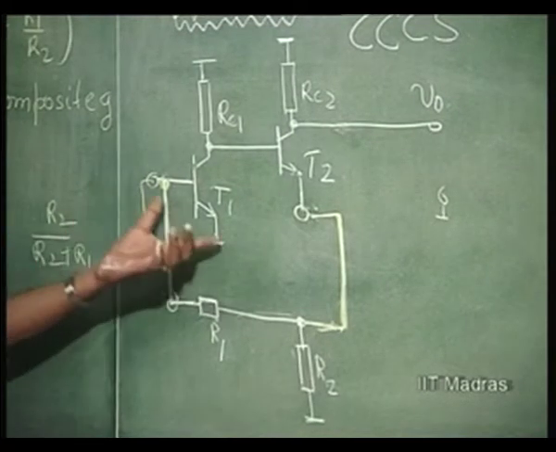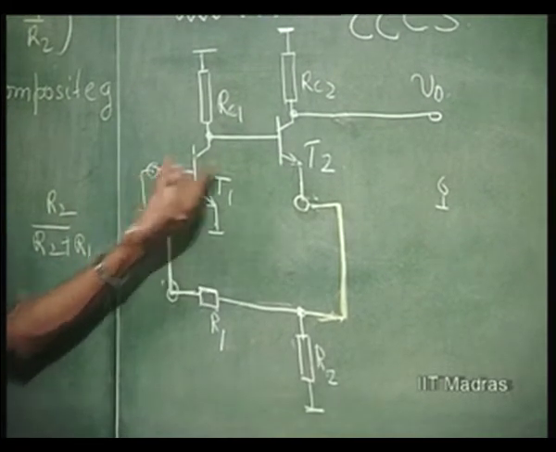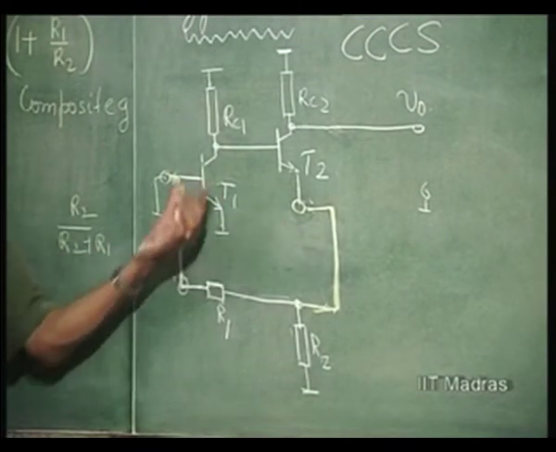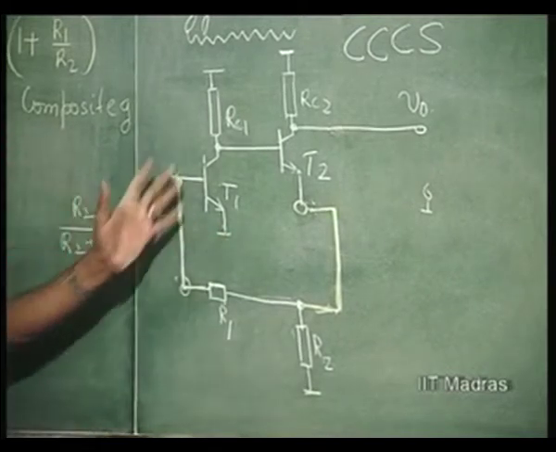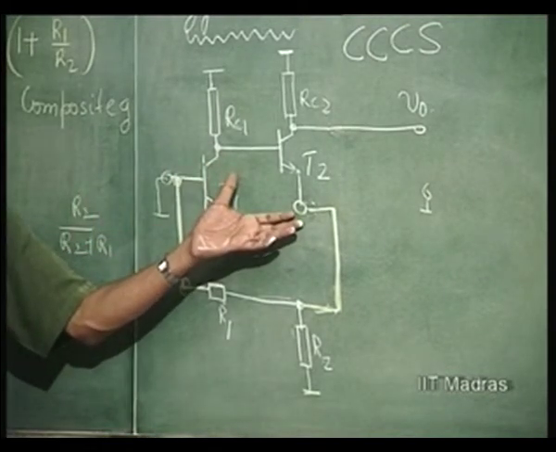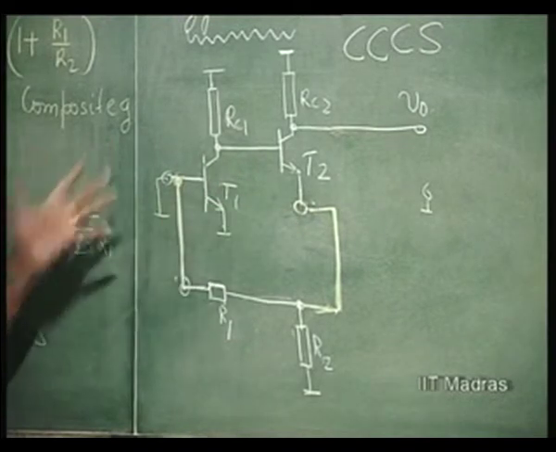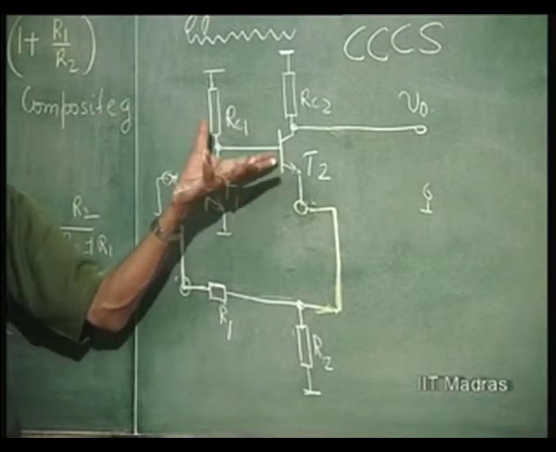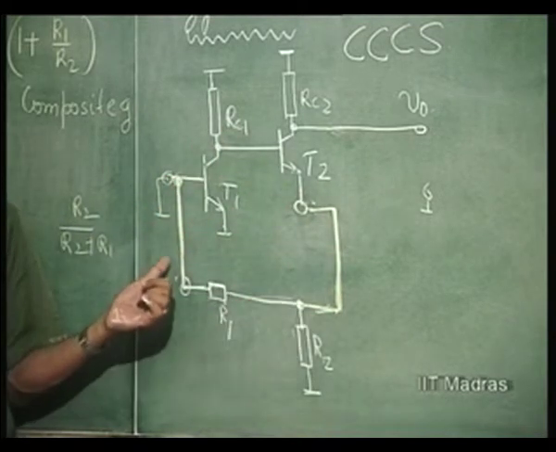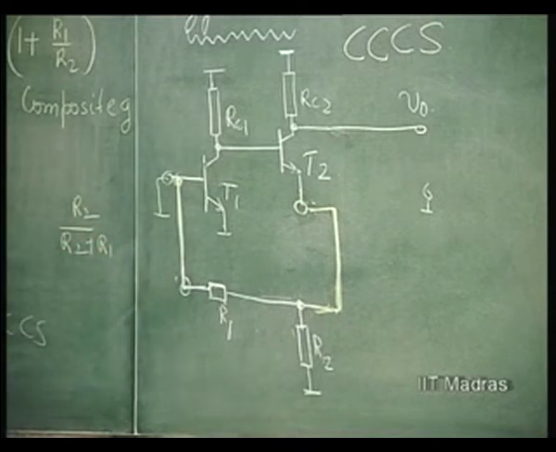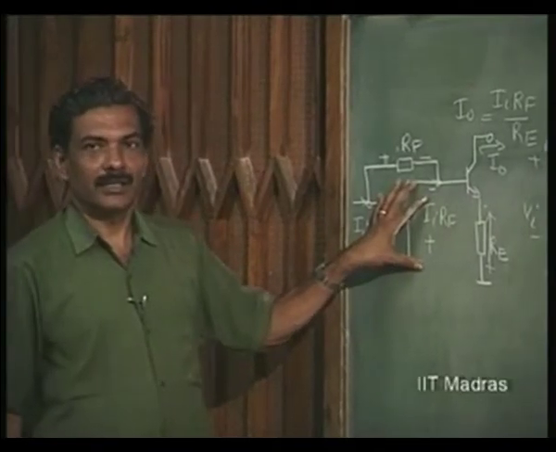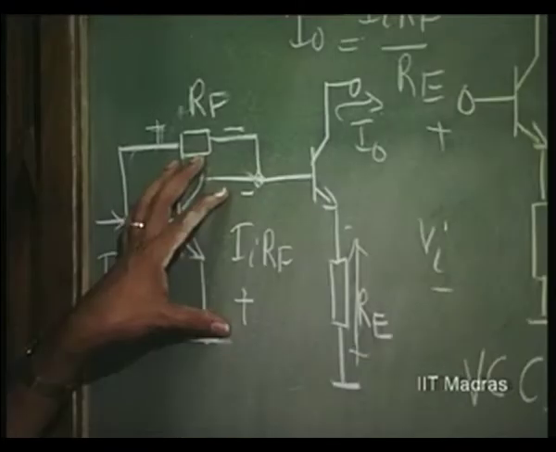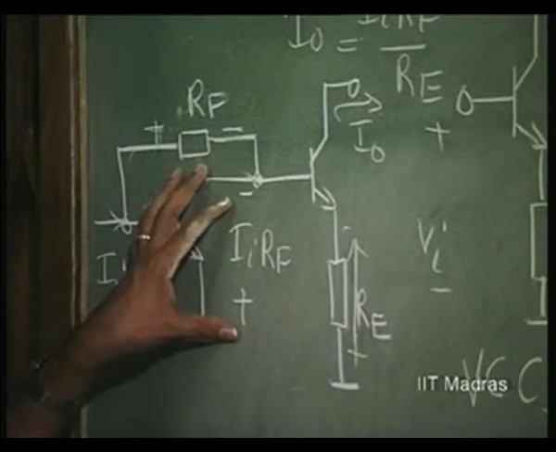Obviously, the first advantage here, which is very clear, is that since you are cascading two amplifiers, the loop gain is always going to increase, right, compared to one amplifier. So, the loop gain of more number of stages will always be higher than the loop gain of less number of stages, that is obvious. So, the sensitivity to active parameter is going to be less in overall feedback structures compared to local feedback structures where the loop gain is just that of the individual stage. So, the sensitivity to active parameter is going to be more here,